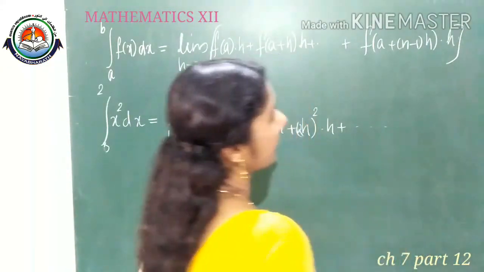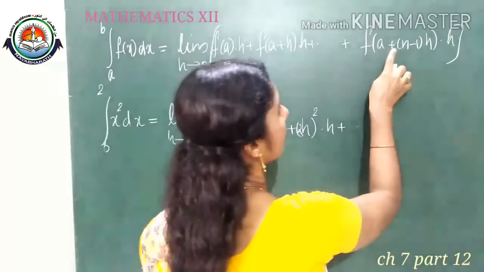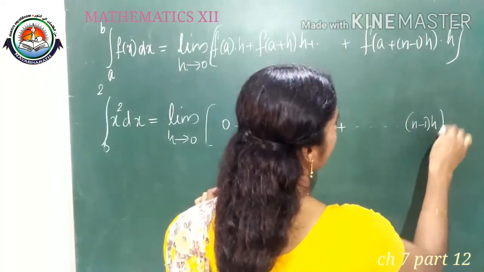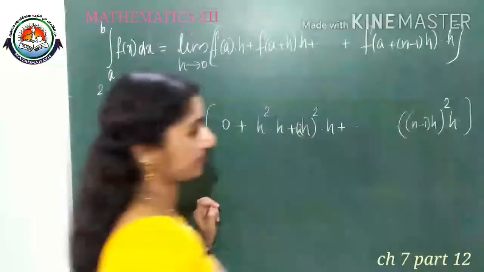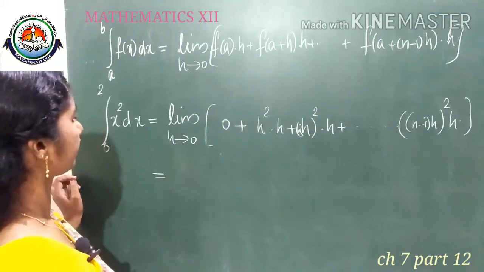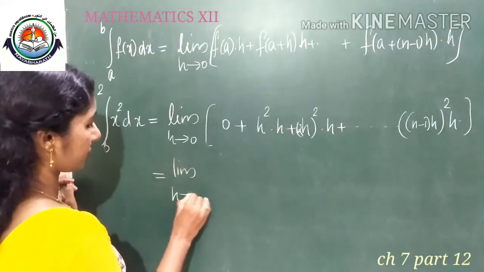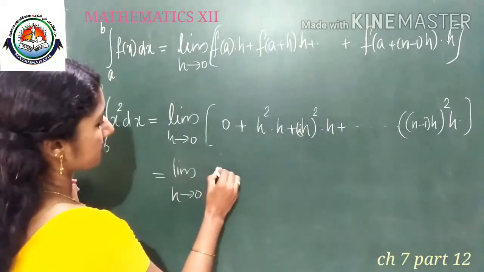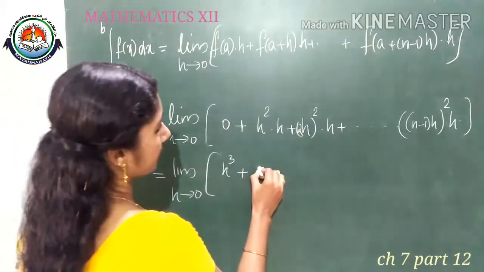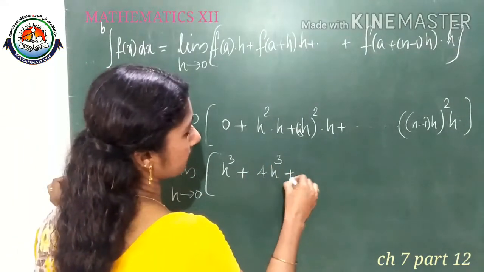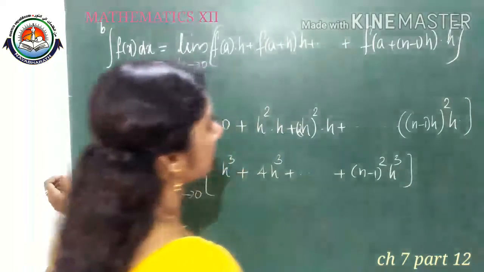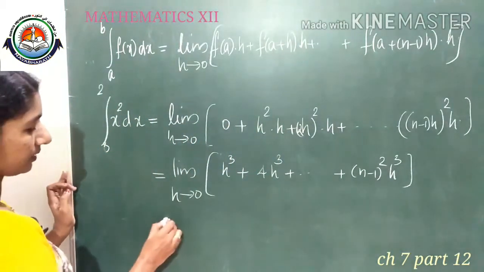Last one, f of a plus n minus 1 into h. So 0 plus n minus 1 into h. So n minus 1 into h whole square, n minus 1 into h whole square into h. Okay, then it is equal to, from here, limit h tends to 0. This is h cube plus 4h cube plus etc. plus n minus 1 whole square into h cube. Okay, then it is equal to